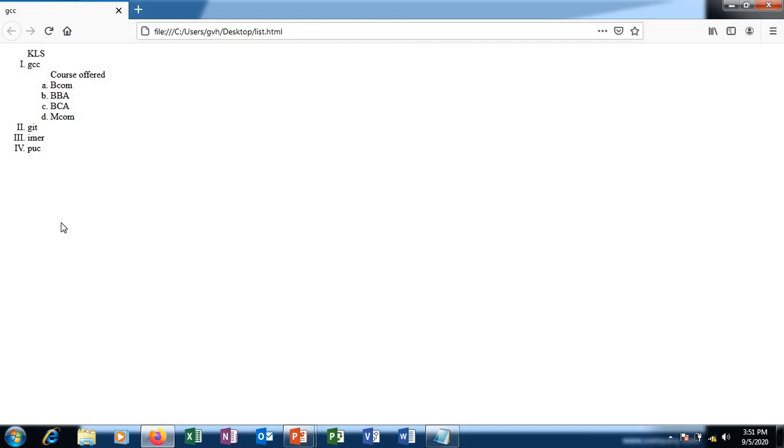Numbers can be achieved directly. You need not mention the number. If you only type OL, HTML will mark your items with numbers directly. In order to have Roman numbers in lowercase, you type OL type equals to small i, and for uppercase Roman letters, in the OL type attribute you mention uppercase I. And you can have any number of sublists in a single list.